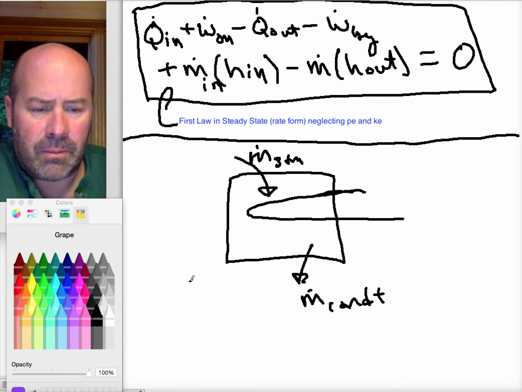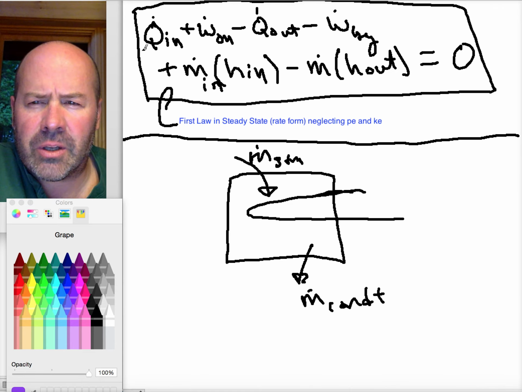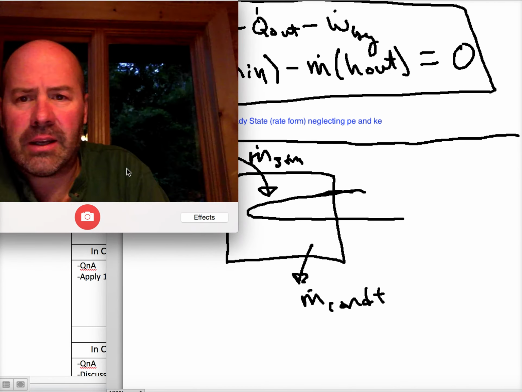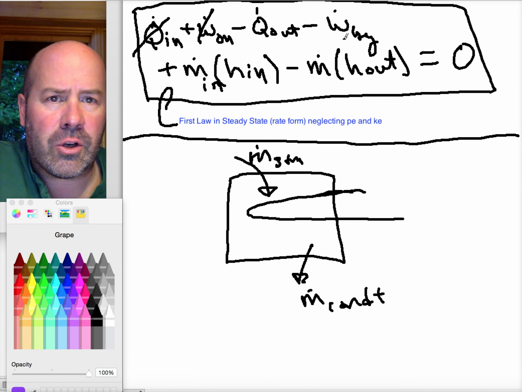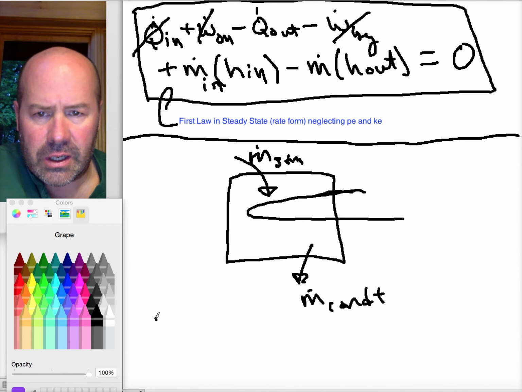So if I go back up, I'm just going to use that same equation up there. Am I putting any heat into my steam? No. Am I doing any work? Well, there are no moving parts here. There are no shafts, no compressors, nothing like that, so there's no work being done. Am I taking heat out of my steam? Yep, taking heat out of the steam. Am I doing work by the steam? Nope. And so very quickly, the equation, all that's left is how much heat is transferred out of the steam,